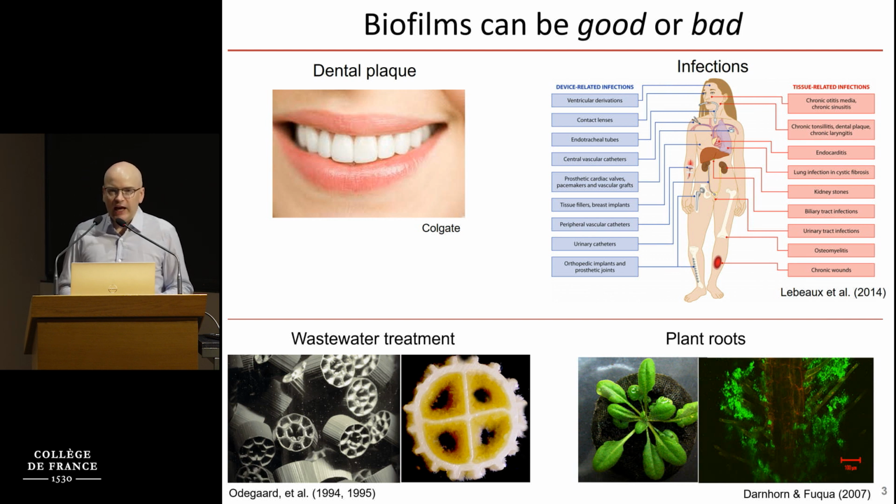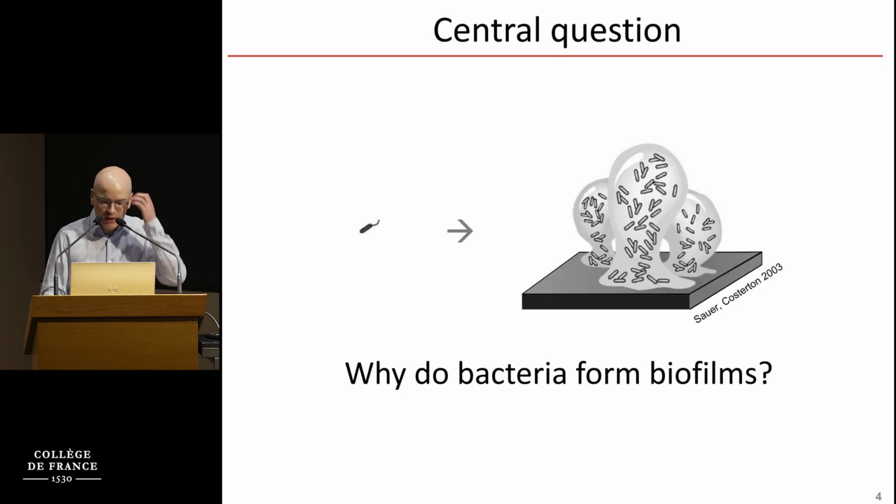Okay, so biofilms are absolutely everywhere on our planet, as I've shown you. They're highly abundant. They can be bad in some cases, but also good in other places. They're simply all around us, and we cannot avoid dealing with biofilms. And the question that I will discuss in this talk today is why bacteria